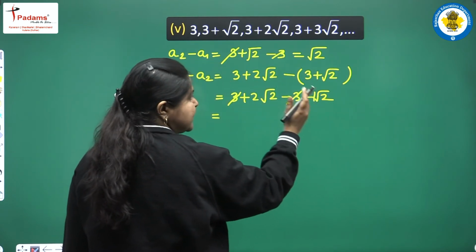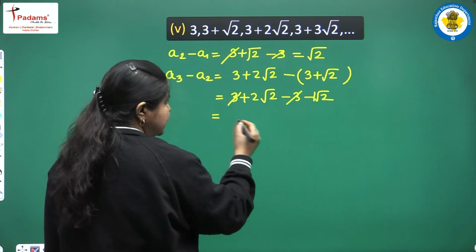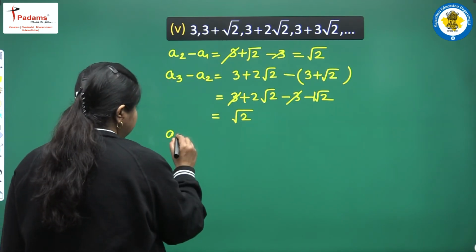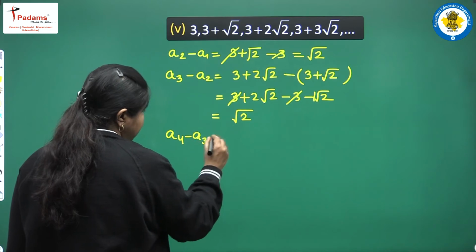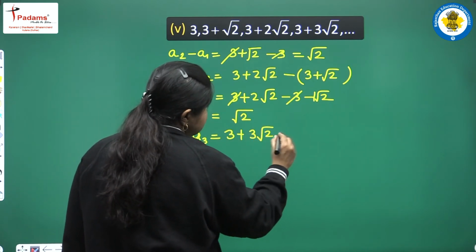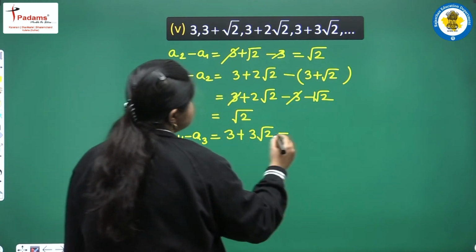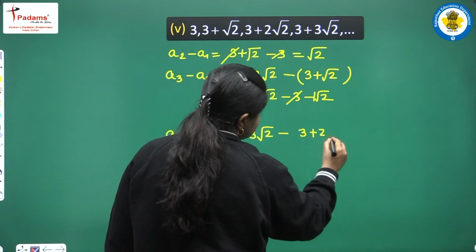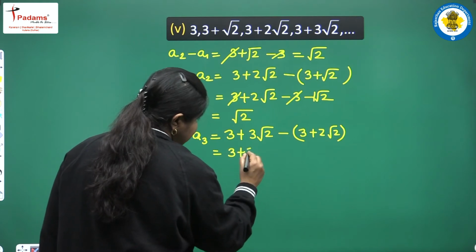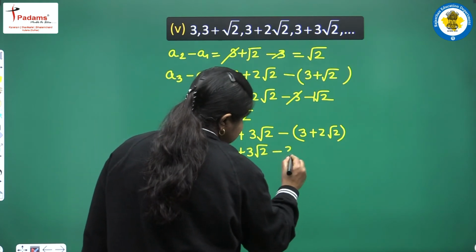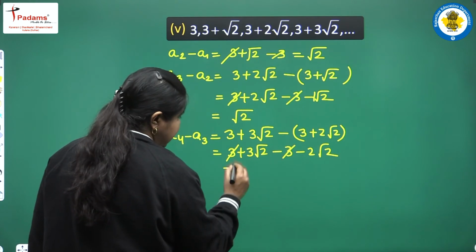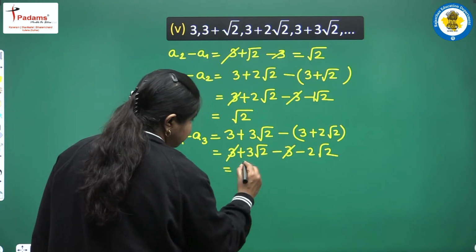तो 2 root 2 में से 1 root 2 गया तो बचेगा only 1 root 2 और simply square root 2. Then we have A4 minus A3. A4 is 3 plus 3 root 2. इसमें से हम माइनस कर रहे हैं A3 को जो है 3 plus 2 root 2. और यहाँ से हमें मिलेगा 3 plus 3 root 2 minus 3 minus 2 root 2. 3 minus 3 will be cancelled and 3 root 2 minus 2 root 2 will be 1 root 2 or